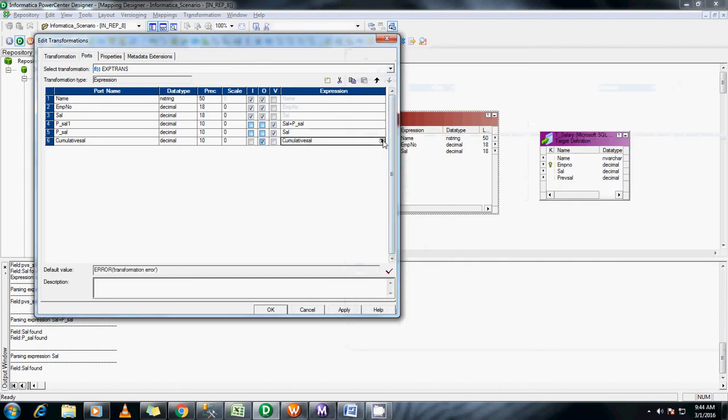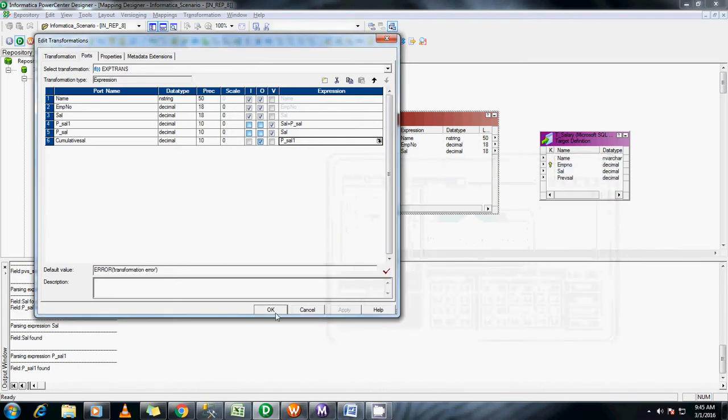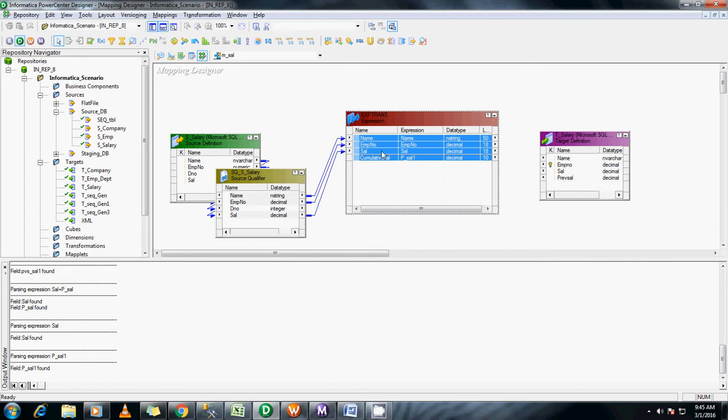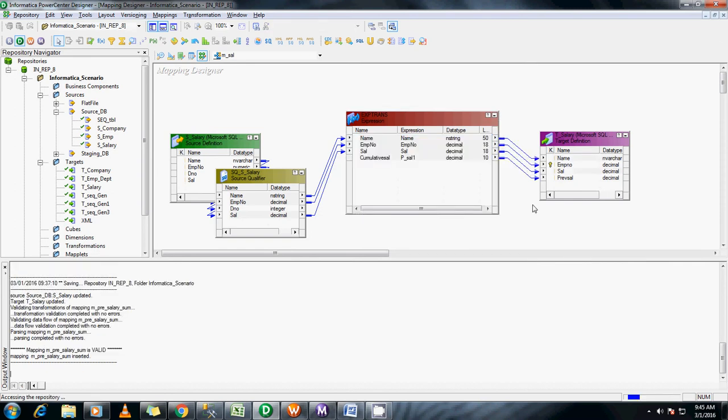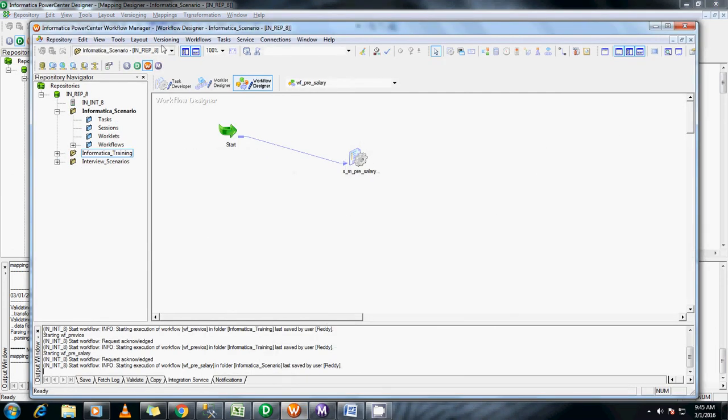Let me change this output port to PCL1 because we get the cumulative for both of that. Drop it in this, save it, create a workflow for this.